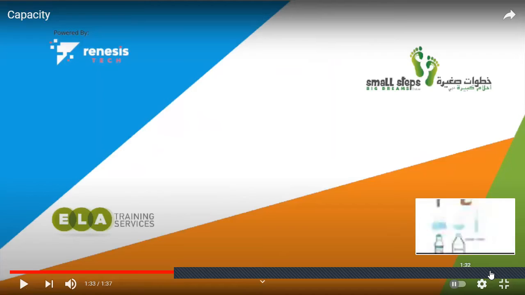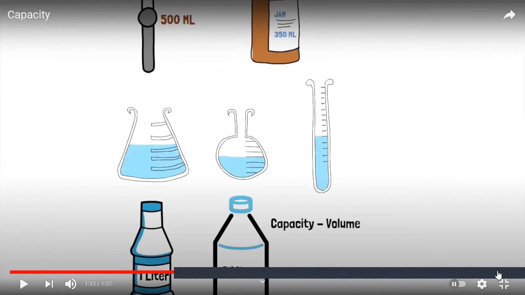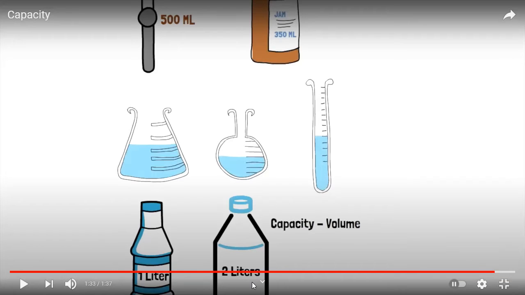And over here, they have shown you different types of jars or different types of liquid measuring containers as well, right? These are usually used in the labs. These flasks and these cylinders are usually used in laboratories where experiments are being done so that they can measure the exact amounts of fluids. Okay, so